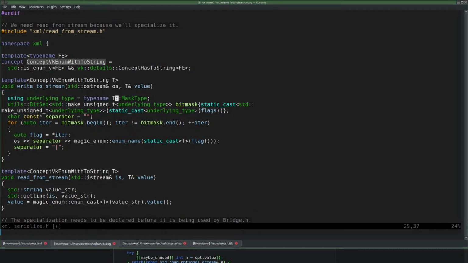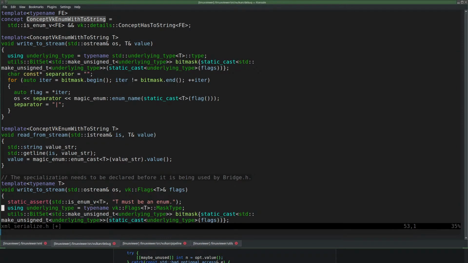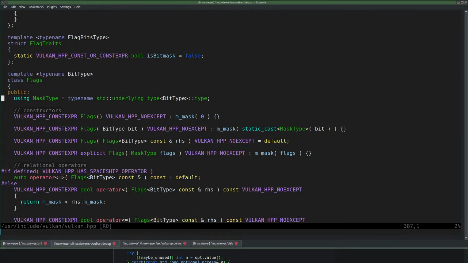I just need underlying type, as in like standard underlying type of t. Really? There we are. It wasn't that hard now, was it? I think that's what it was, because that's what this one is using as well. Standard underlying type, blah blah type, yeah.